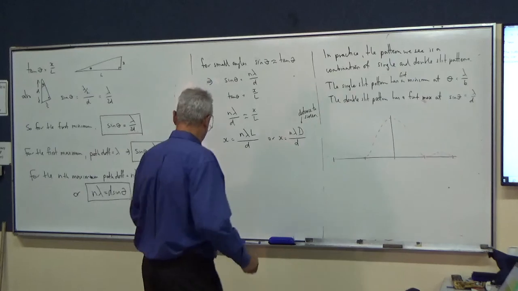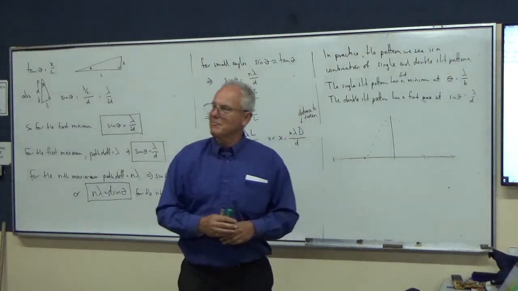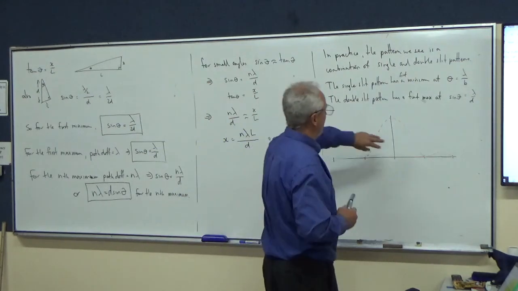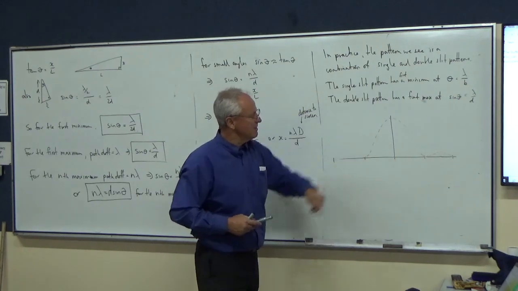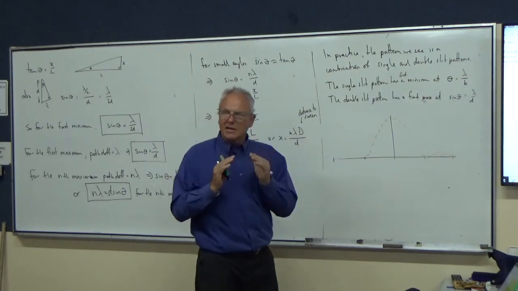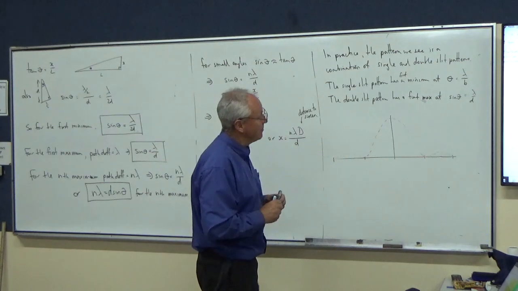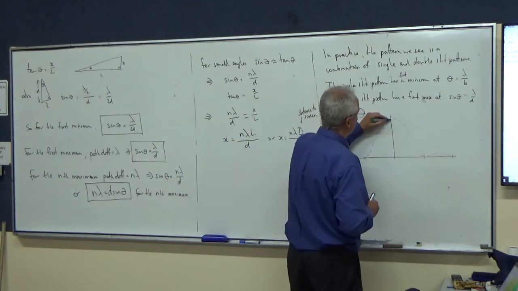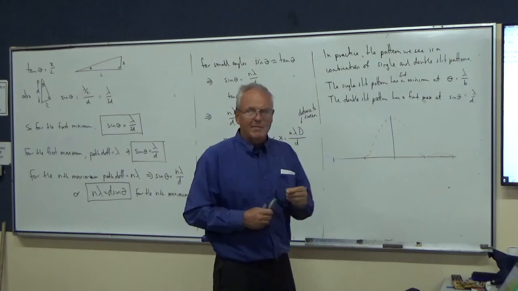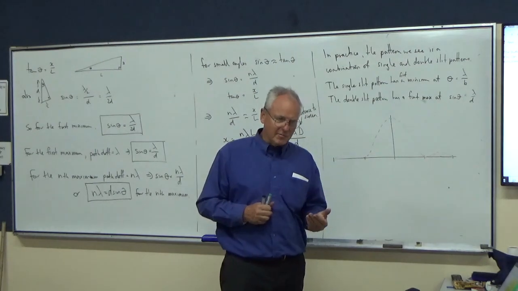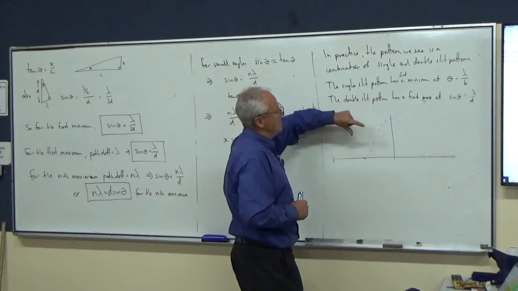So what we're getting at is a combination of that. So this is the single slit pattern, and that becomes like an envelope to the double slit one. So we're going to get a double slit pattern inside here, which only goes up as far as that. Depending on how big the single slit is compared to the double slit, often it might be 10 times as big. So we're going to get 10 maxima